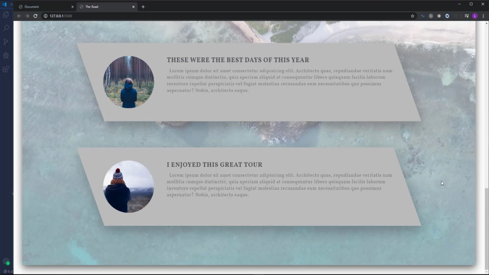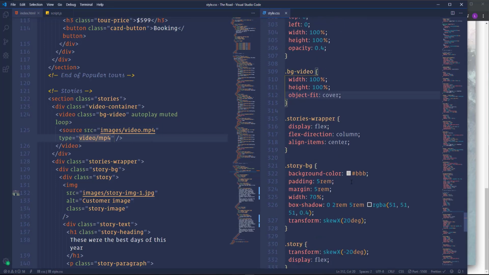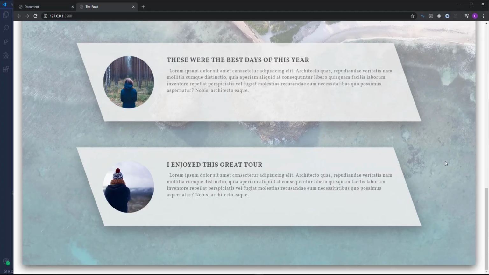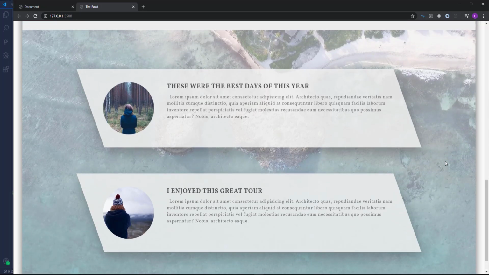Alright, finally, let's change the background color for the stories. I'm going to get rid of the current background. And then I'm going to set background color to RGBA. Let's pass here 238 3 times. And the opacity 0.85. Alright, as you can see, everything looks really nice, and actually we have finished working on